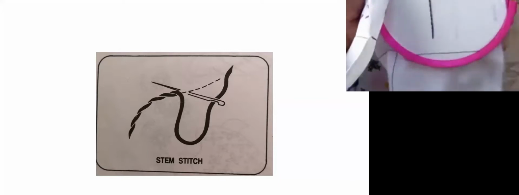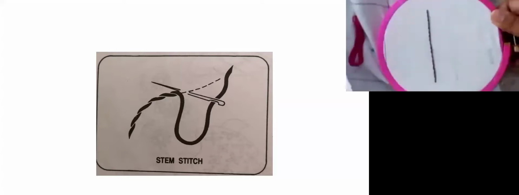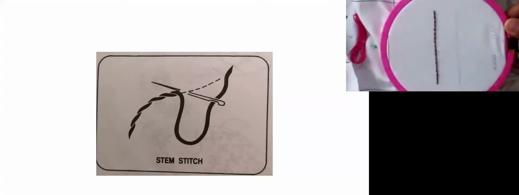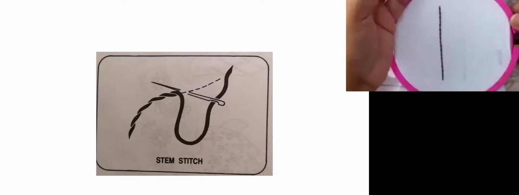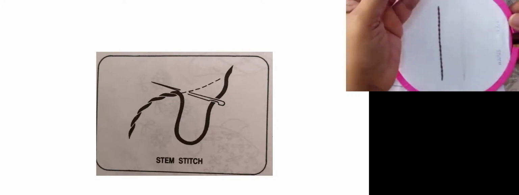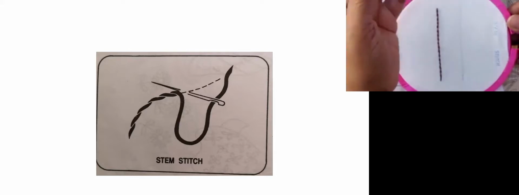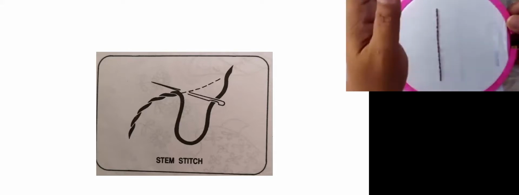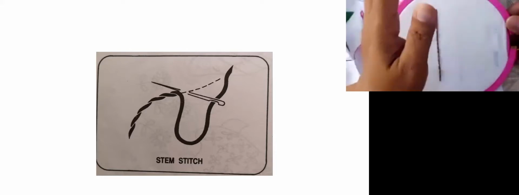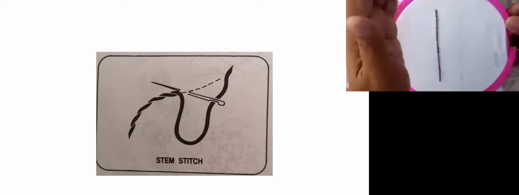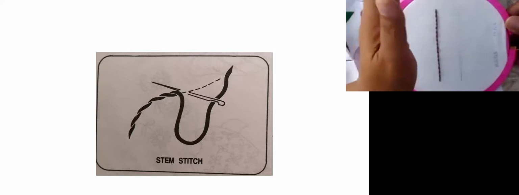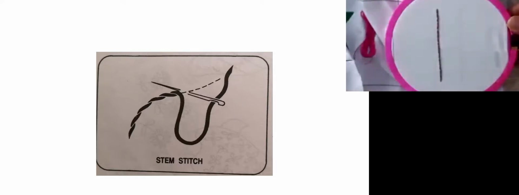Another thing I forgot to mention to you all before, it is very important to have a ring that you can handle in your hand. The sizes are available in the tailoring material shops. The preferred size is any size between 5 to 7 inches: 5 inches, 6 inches or 7 inches. Maximum you can go to 8 inches. Because the bigger the ring, it becomes very difficult to handle.